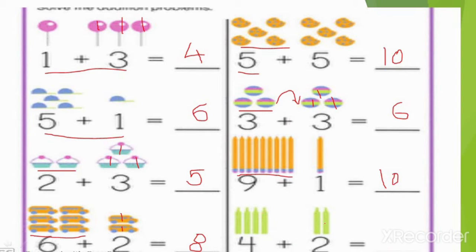4 plus 2. Look, my dear students, whenever you are going to start addition, you have to keep the first number in your mind, that you are having 4. Number 4 or object 4. And you have to add the given numbers only. So, you have to start counting after the given number. It will be helpful to you and it will make your lesson easier. Okay, 4 after 5 and 6.